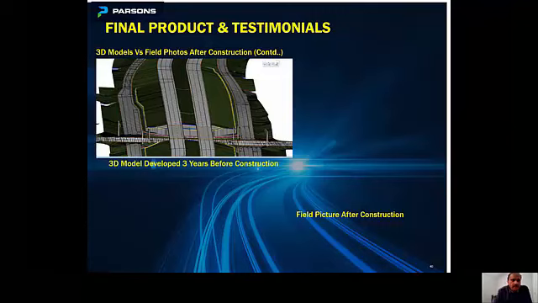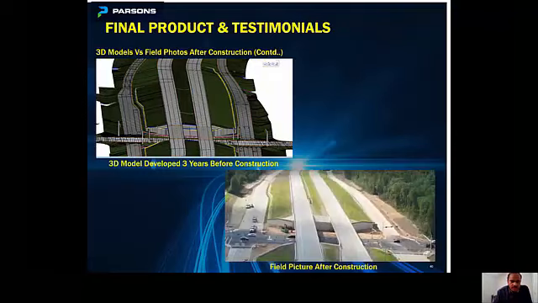This is another intersection for which we developed a very detailed 3D model. As you can see, we modeled all the traffic signals, ADA ramps, and street lighting, and we provided 3D striping. We pretty much modeled everything for this area. And this is how it looks after the construction.